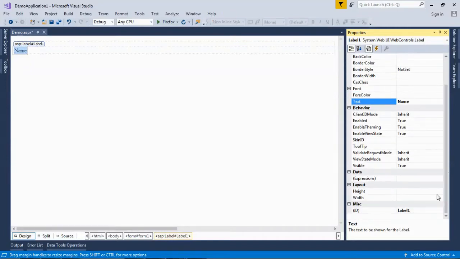Now come to the ID part. This is the ID of the label control. With the help of this ID, we can call or use that control on the page. So I need to give a meaningful name or ID to this control.